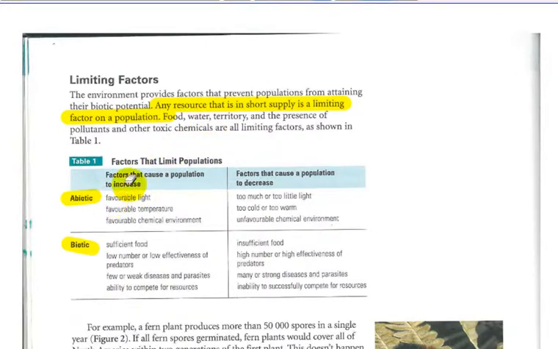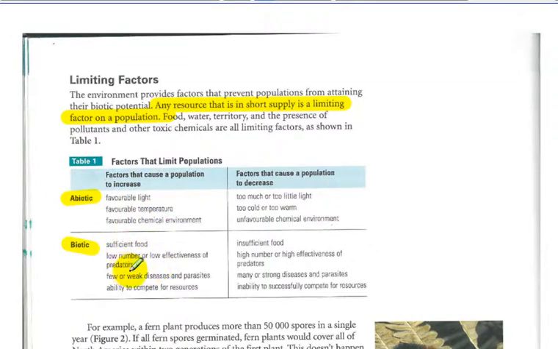Some of those things include, if we're talking about non-living things, favorable light, favorable temperature, favorable chemical environment, and of course vice versa there if you're looking at things that cause a population to decrease: too much or too little light, too cold or too warm temperatures, unfavorable chemical environment. If we look at living things, things that cause a population to increase: sufficient food, low number